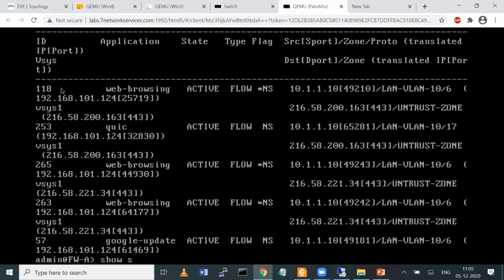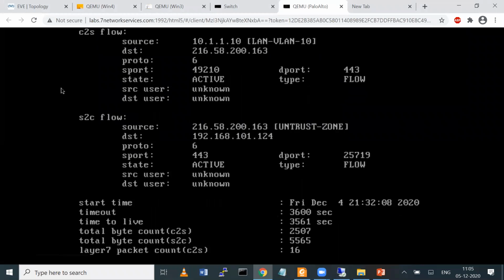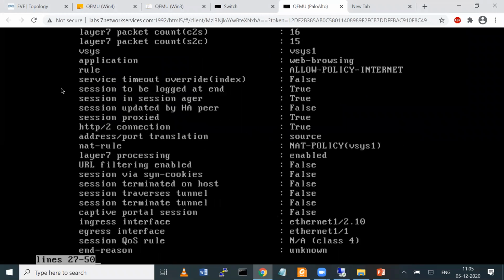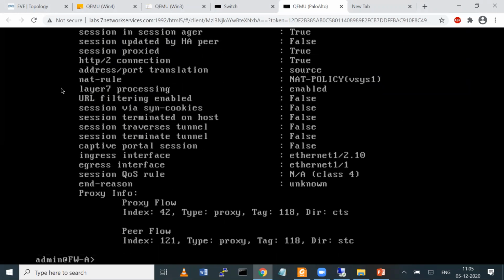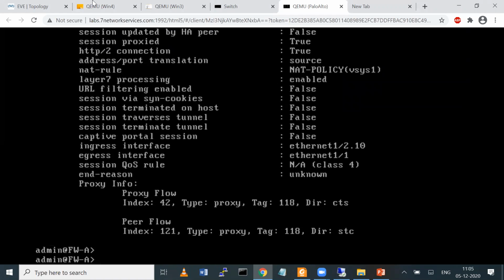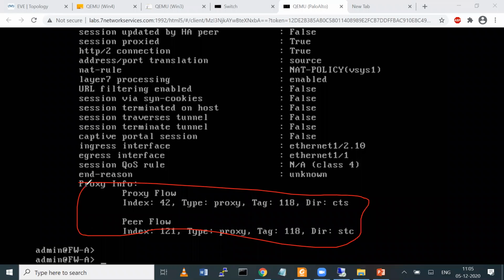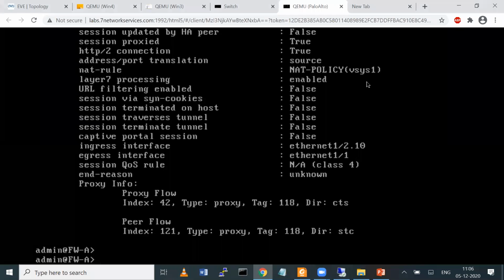सेशन नंबर 118। अगर मैं देखूं, सो सेशन आईडी 118, तो ये देखो प्रॉक्सी इन्फो भी दिखाता है यहाँ पर, प्रॉक्सी जो कर रहा है। सो इट्स वेरी सिंपल, यहाँ पे कुछ भी खास नहीं, नेट पॉलिसी अप्लाई हो रही, ट्रैफिक आपका पूरा का पूरा विजिबल हो जा रहा है।